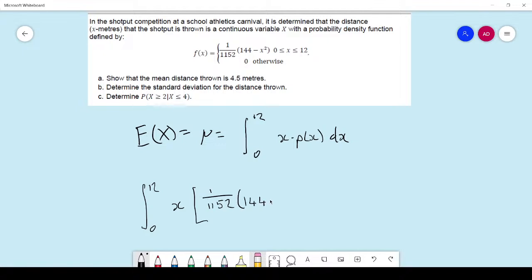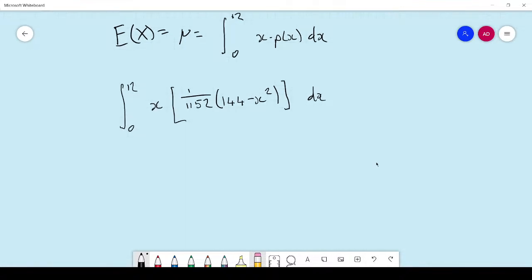1152. Yeah, so let's just clean this up. Let's expand out these brackets first, and then we'll keep going. So 0, 12. So you guys should know how to do this. 144 over 1152 is